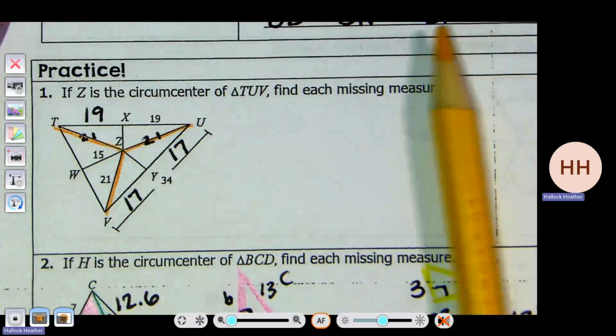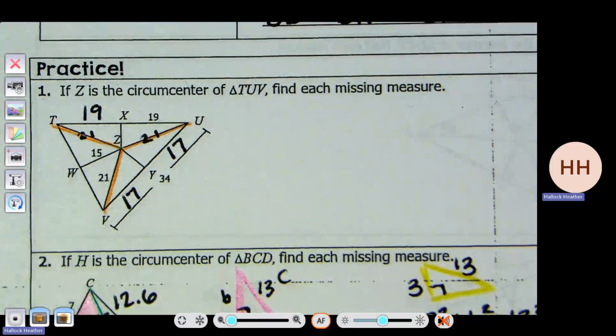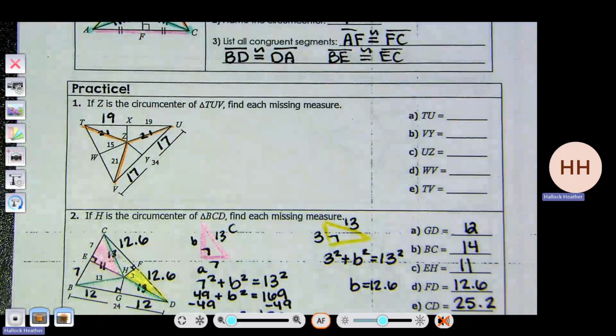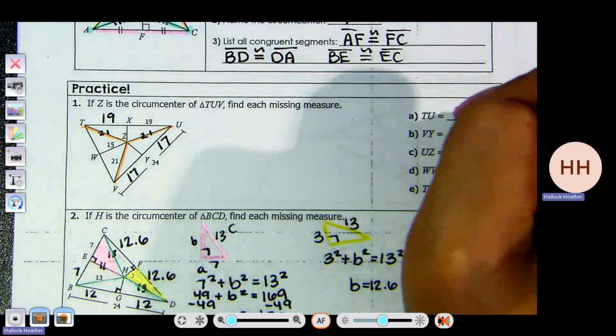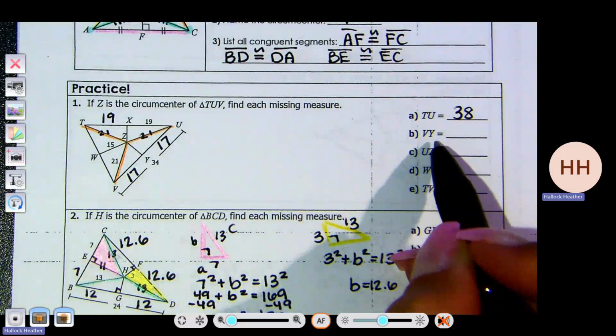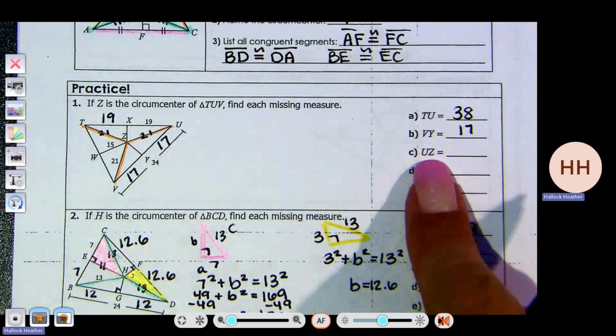Can the 15 go anywhere else? No, because that's a height and all the heights are different. So if I want to find TU, what is 19 times 2? 38, because you just add them. Okay. For V to Y, 17, because I cut it in half. U to Z,